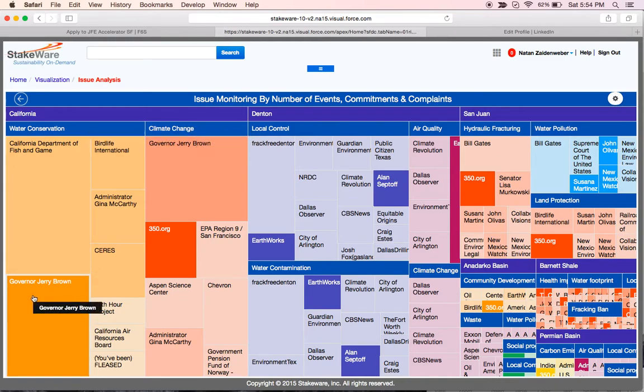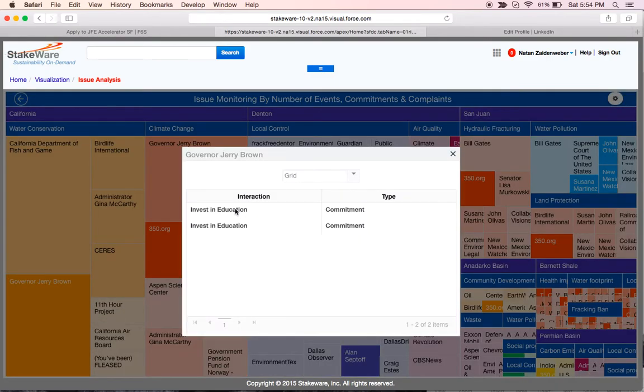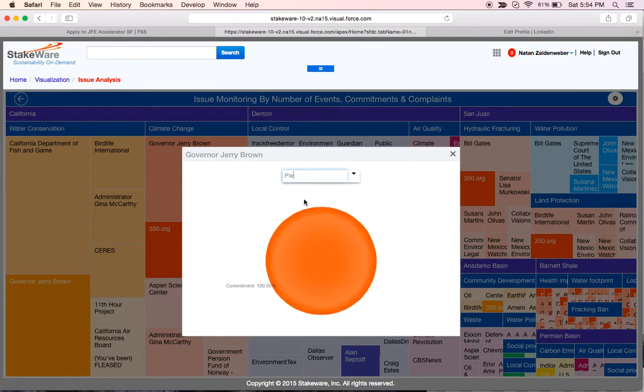And we can immediately see that on the issue of water conservation, Governor Jerry Brown is one of the most influential, clearly, and where there's been more activity. And how can I tell this? Because the color of the tile basically tells me that Jerry Brown in this group of tiles is the strongest in terms of interactions with him. And I can actually verify that and see how many interactions we've had, how many meetings, how many